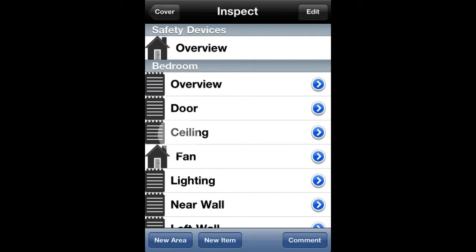Removing sections from a report or property involves the standard swipe to delete gesture you should be used to on the iPhone. Swiping a section with a notepad gives you the option to remove that part of the property from the current report. Notice that the notepad symbol has been changed to a property symbol. Swiping the same section while it only has a property symbol gives you the option to permanently delete it from